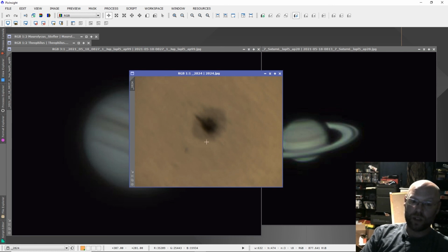I'm going to get my 224 out and try to get a better image of this active region. That's a really interesting tailing feature on it. I'm excited to take a